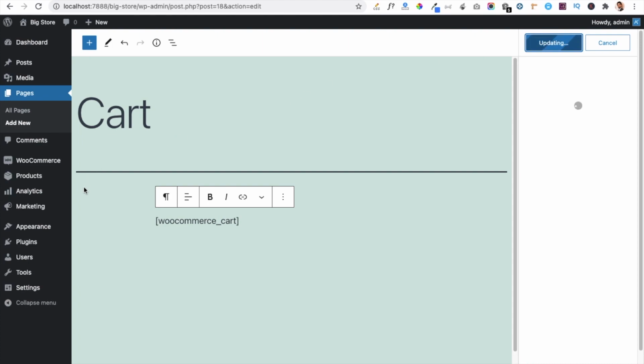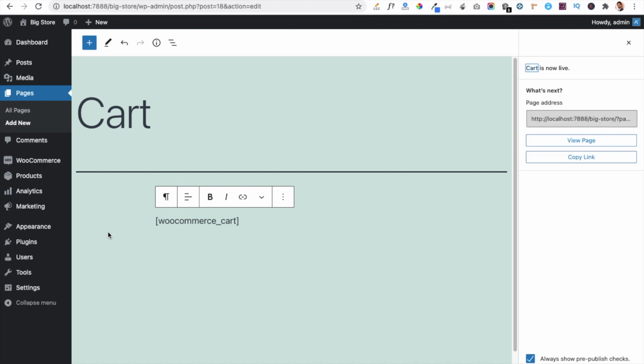Now again we have to go to the WooCommerce settings and assign those pages in the respective fields. But before getting to the settings, let us create another page, which is the checkout page. Just click on the add new button and create another page with the name checkout.